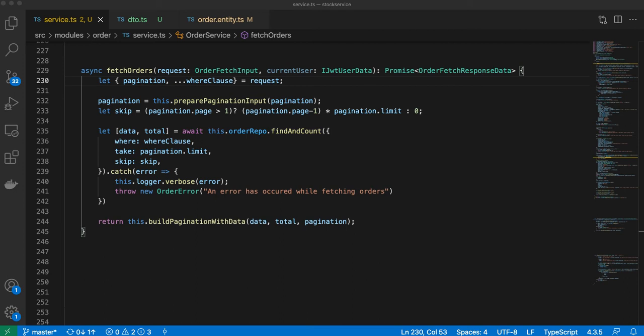Today I'm going to be showing you how to type variables that are deconstructed from an object in TypeScript. So here I have a Next.js project and I'm using TypeORM, but this is actually not a TypeORM or Next.js